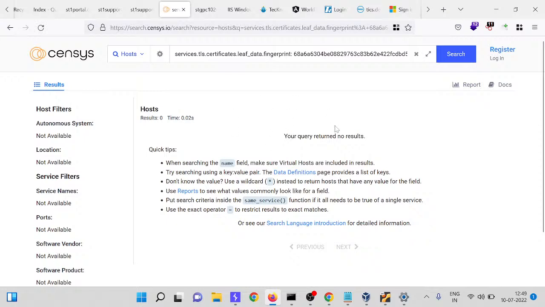You can see there is no result, so you have to check every certificate of that target, and if there is any host related to that, that is your origin IP. Because sometimes most companies disclose their origin IP through certificate transparency. You can find also that using Censys.